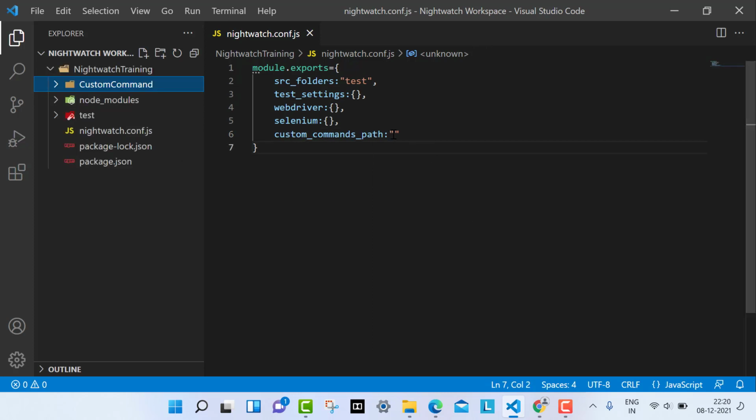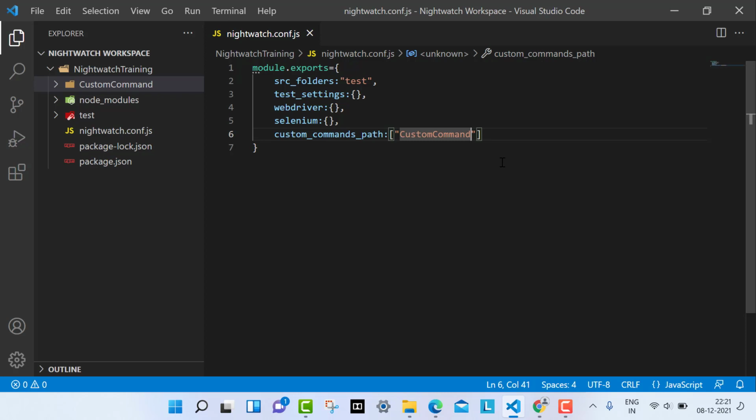Sorry, I'm very lazy in typing. So like that we have to give it. Or you can give it in an array also, not a problem. This way also it will work.